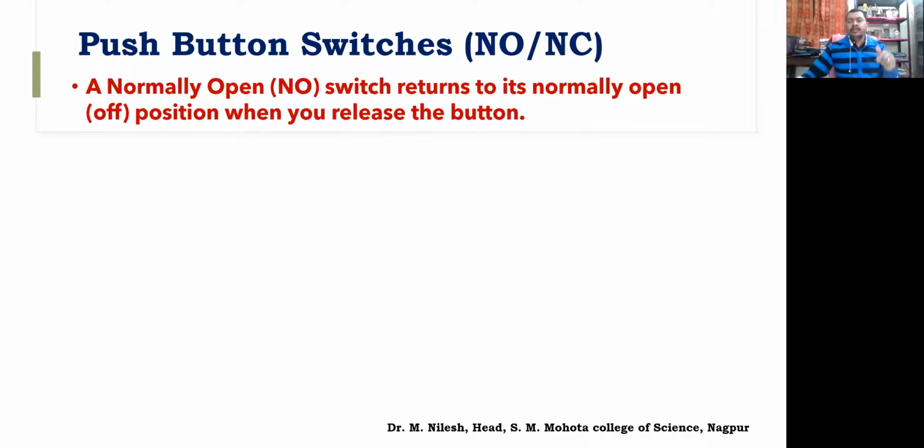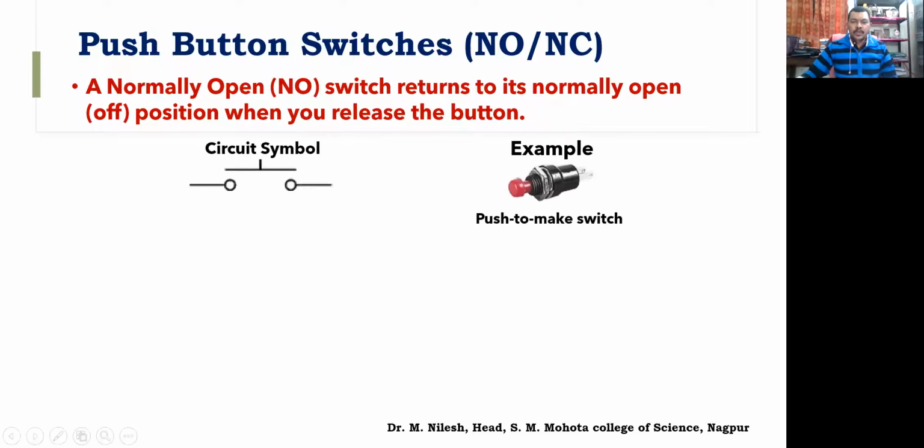So when we push, it will be on, and when we release it, it will become normally open, like that. So it is a switch which normally remains at the off position. It is at the top of this, and when we push it, it is on, and when we release it, it again becomes off. So we call it a normally open position. And this type of switches, I guess you might have used in, say, doorbells, right? So when we push it, the doorbell goes on, and when we release it, the doorbell gets off. So that is called the normally open. Means at a relaxed position or a released position, it will remain open.